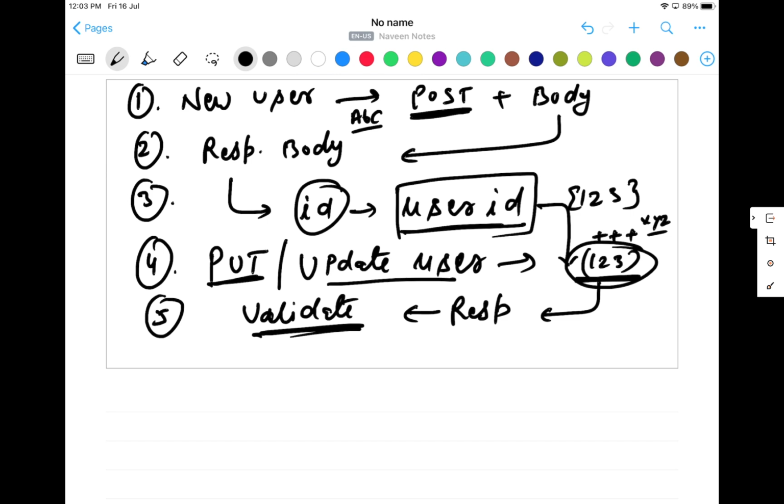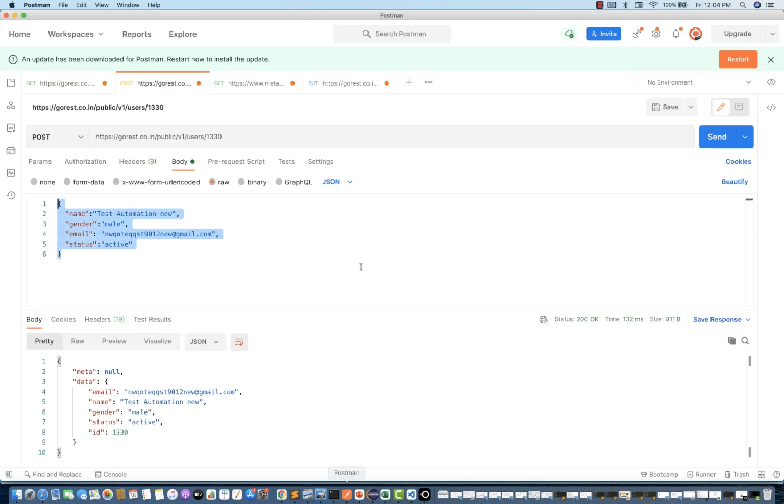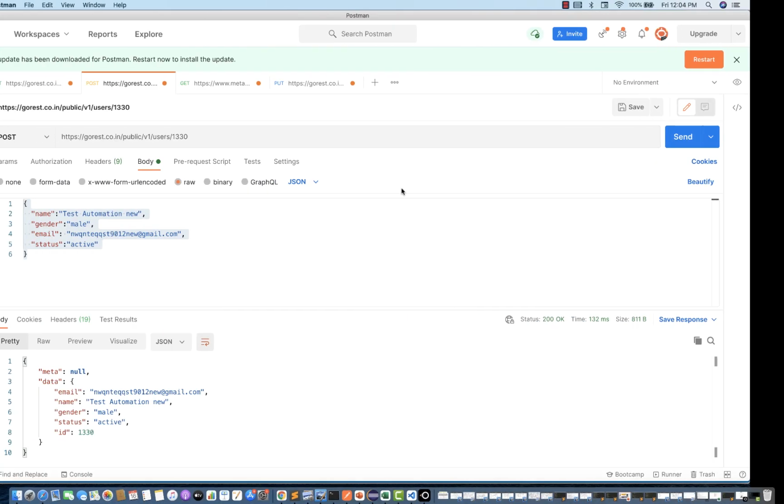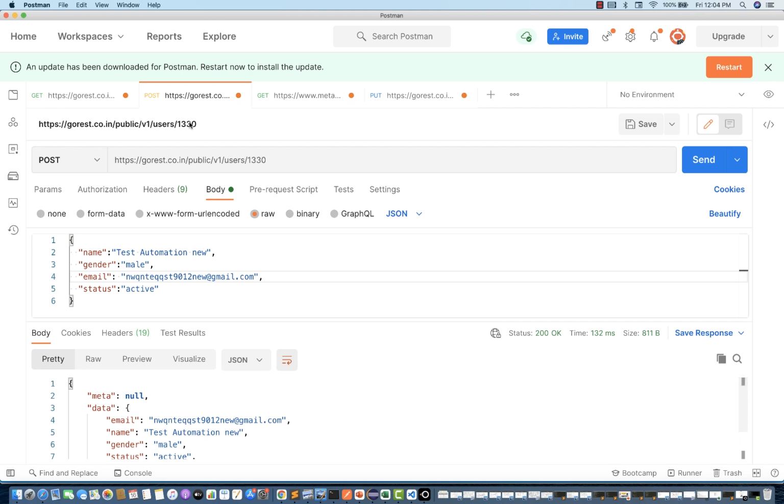Okay, now I'll first show you in Postman, then we will write the code quickly. So let's go to Postman, and I'm going to use the same API. For example, let's say you just create a POST call with the post user. This is my user API where you just want to pass the request body.